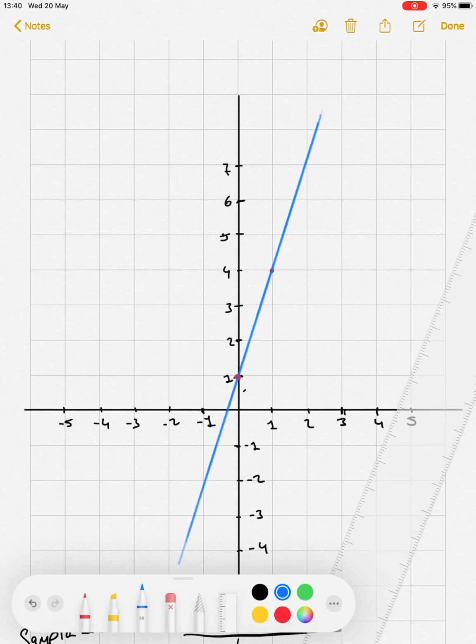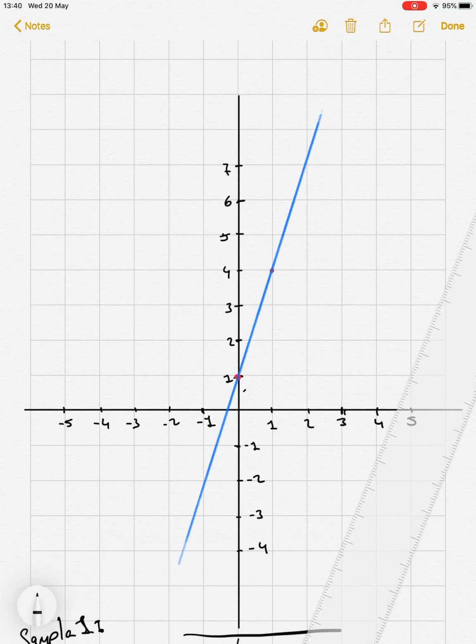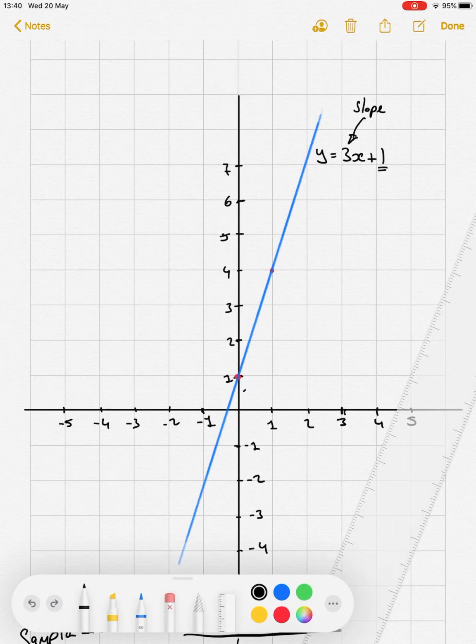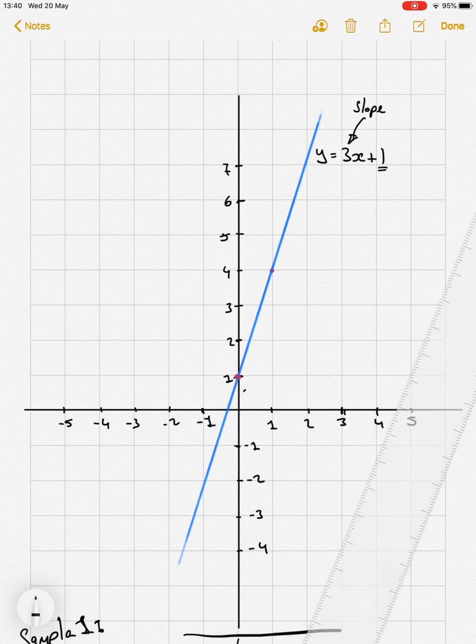You can write in the equation, sometimes it's nice to write in the equation: y is equal to 3x plus 1. If you wanted to know, the slope there will be 3, and its y-intercept will be 1. So it crosses the y-axis at 1. That's linking back to y equals mx plus c again. So that's today's questions, and we'll continue on looking at